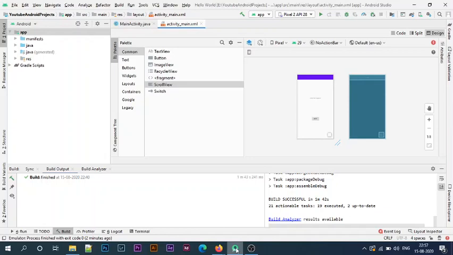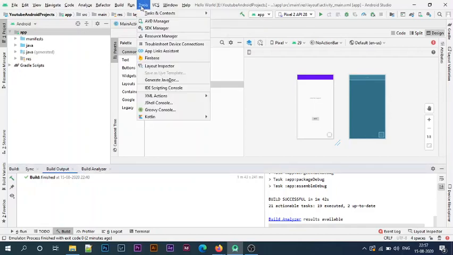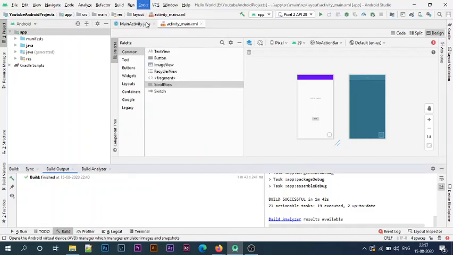To test your Android app, you need a device, either a physical device, a phone or a tablet, or a virtual device that you can create for free and run on the Android emulator. To create a virtual device from within Android Studio, make sure you already have an Android Studio project open, then go to the menu and choose Tools, inside which you will see AVD Manager. Just click on that.